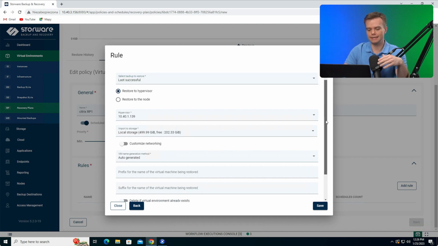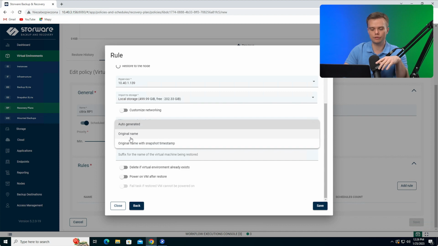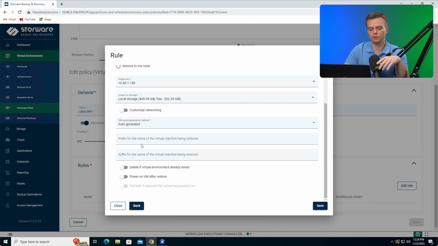Then you specify the same parameters that you have for a regular restore, and optionally you may want to use either a generated name, generated with snapshot, or remove virtual machines, especially if you have a periodic job with the same name. Give them some prefix and so on. So that is actually a plan for multiple virtual machines that you would restore with a single click or